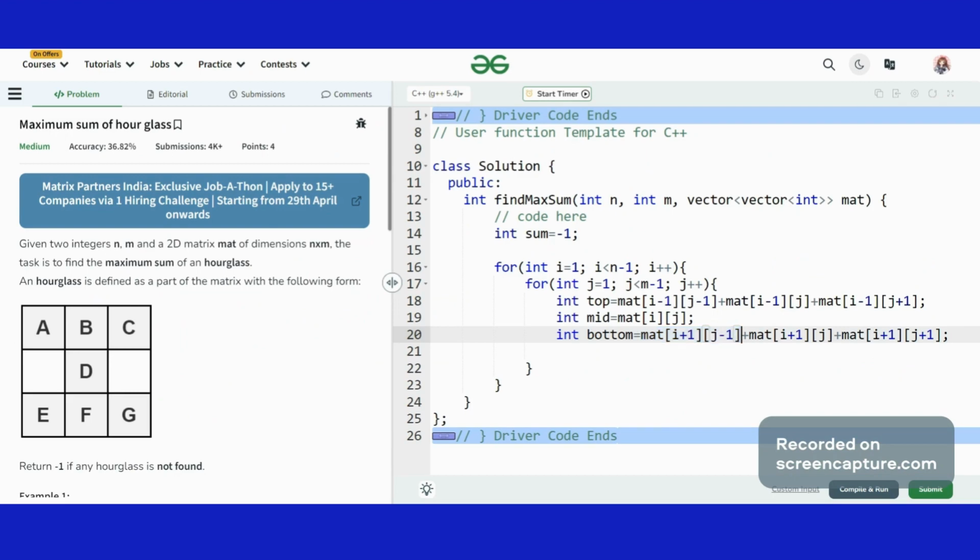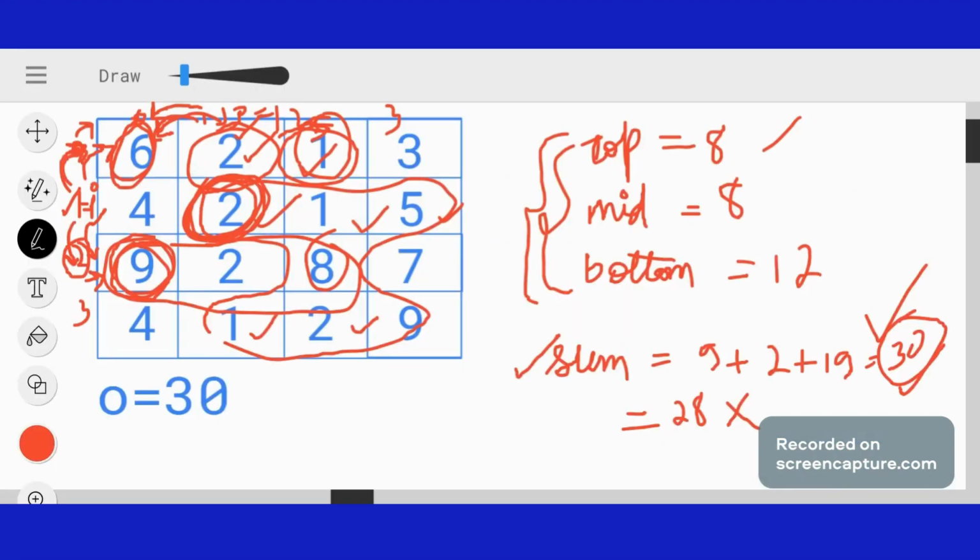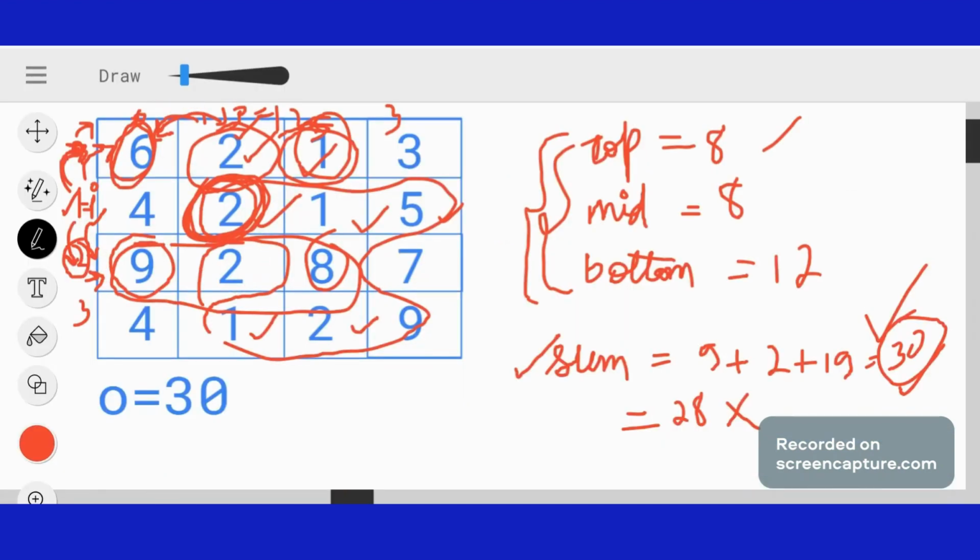Now, we need to find this element. What is the middlemost? We have to find this. Now, how to find this 2? 2 is present at index i equals 2 and j equals 2. So, if we do i plus 1, my i was at 1. If we do 1 plus 1, it will point to index 2. My i is at 2. My j is already pointing to 2. What are we getting? We are getting this element 2.